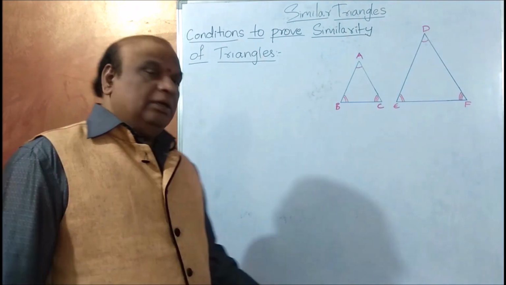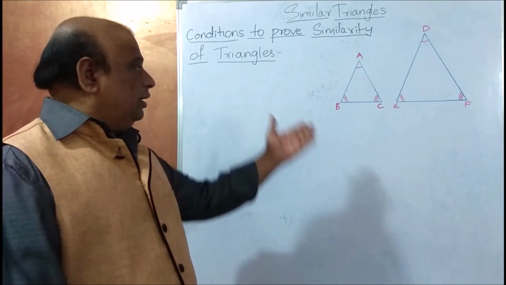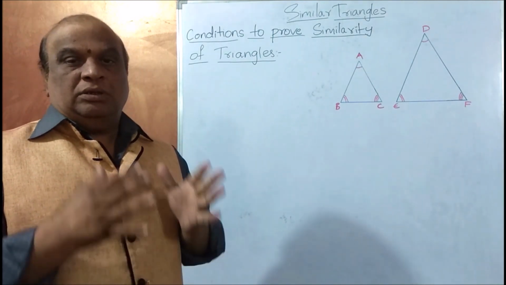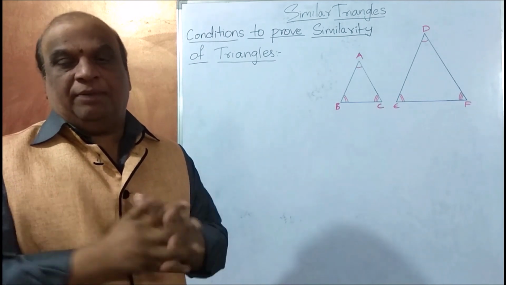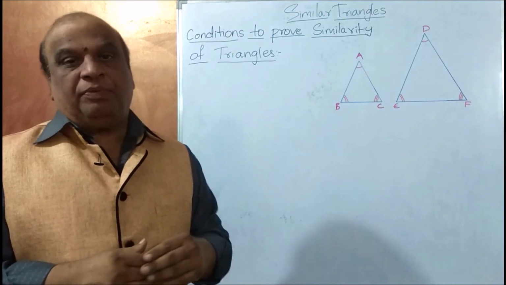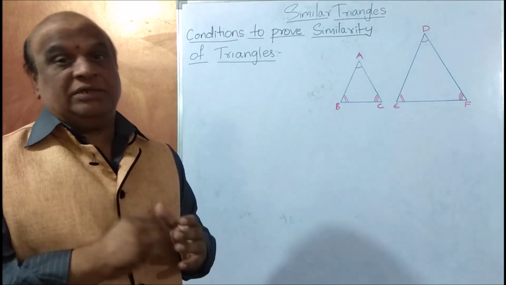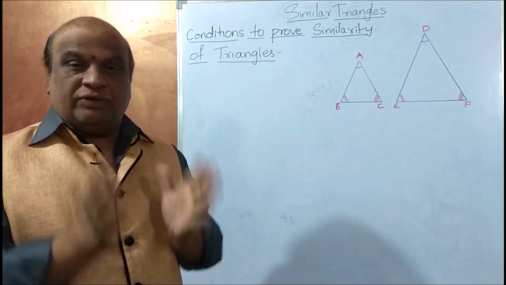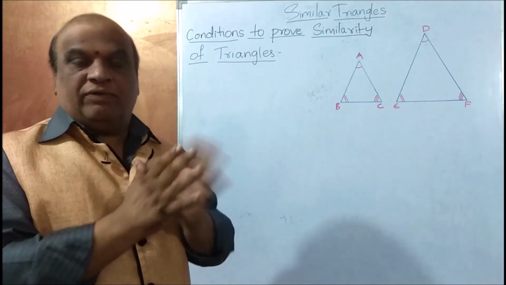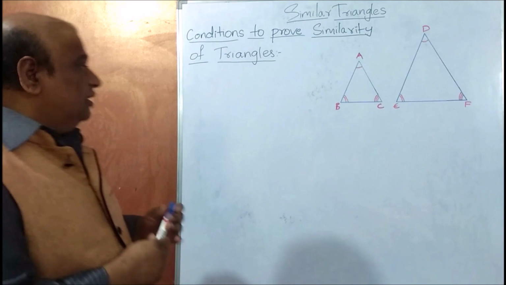Here, what are the important conditions to prove the similarity? So, here actually the triangles ABC and DEF are the same shape but not the same size. Here the shapes are equal but conditions should be applied. You have to check the conditions, that is also very important. First of all, you have to check the shape of the triangles. Shape is equal, but what are the conditions? The first condition is